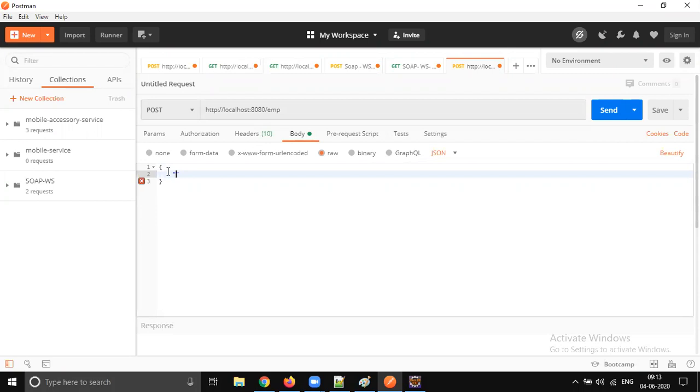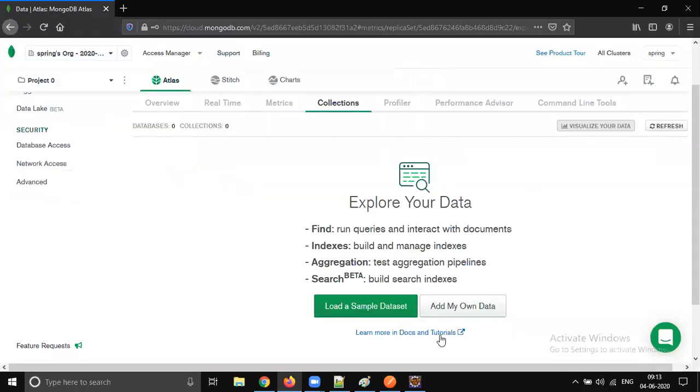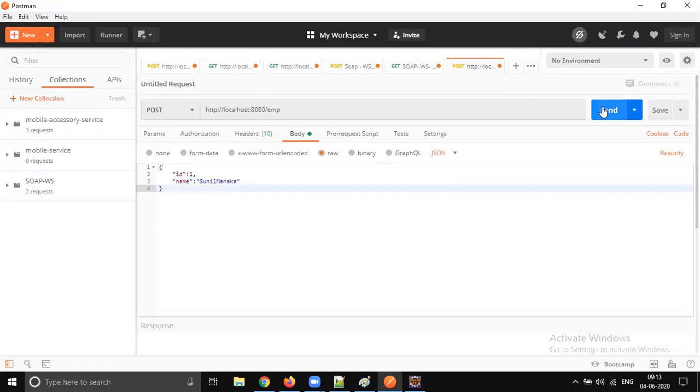I think we have given ID and name. Let's send an ID and some name, and the value is Sunil Mark. This is the employee we are going to save in the remote database. Just click send.